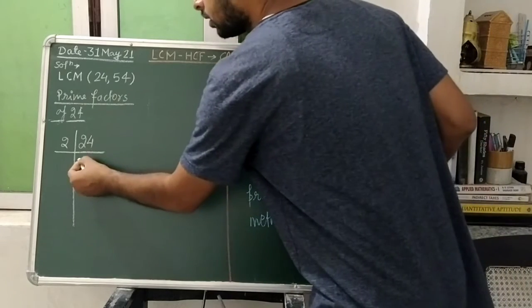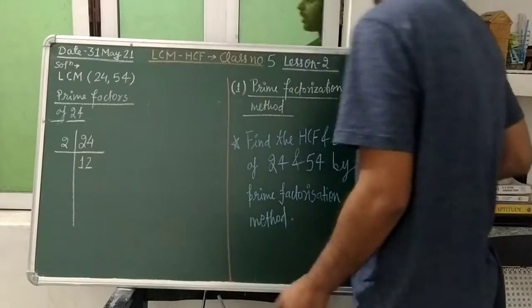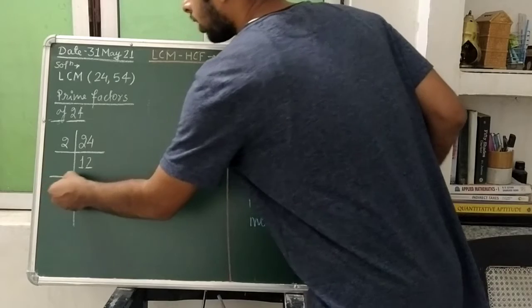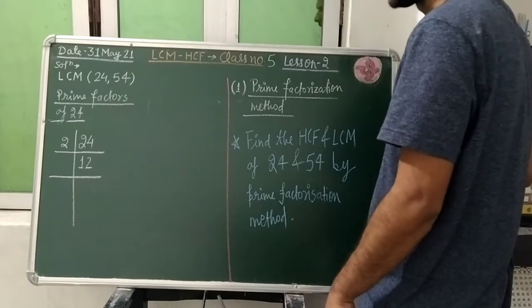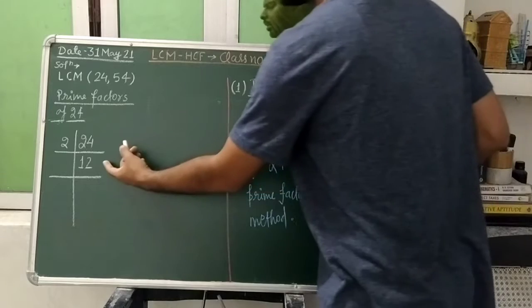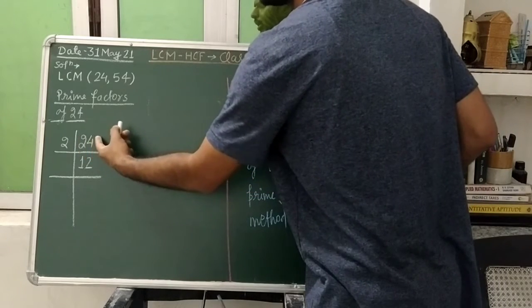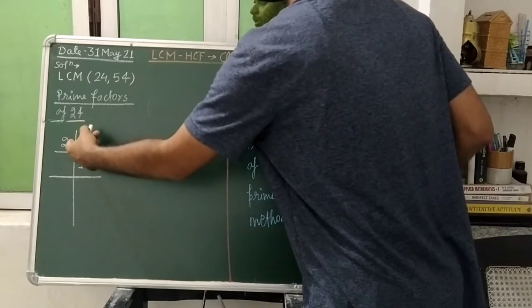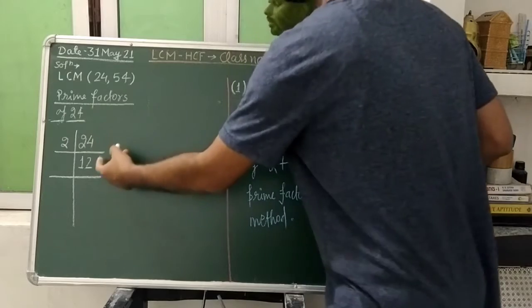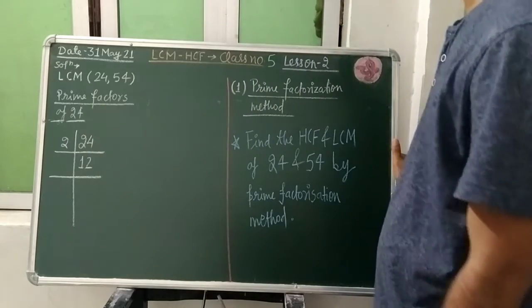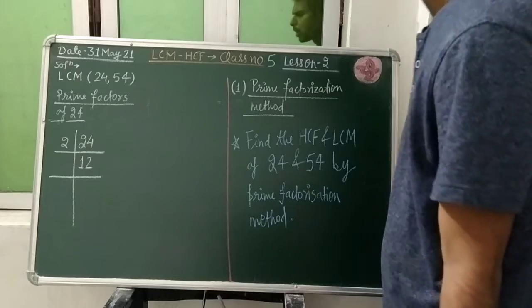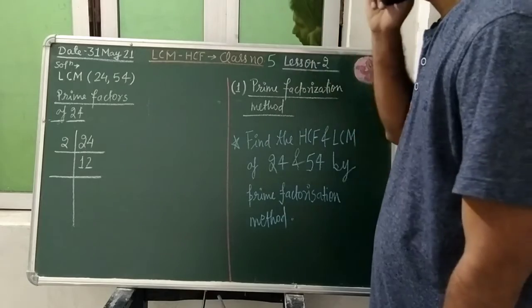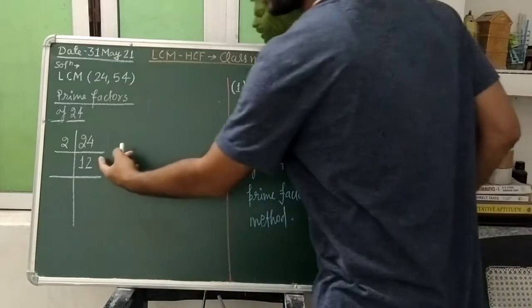So that quotient 12 you will write again, and one horizontal line will get completed, and we shall move to the next horizontal line. So here, by dividing the 24 and selecting the number 2, 24 divided by 2 gives 12, so we have written that here. Of course we want to know the prime factors, so 1 we shall not select, we shall check from 2. So whether 2 is going to divide this 12?